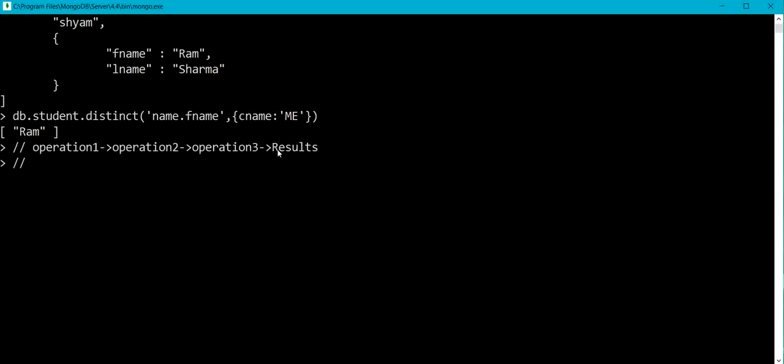So the first pipeline operator that we can use is $project. $project is used to specify document fields to be processed. So it is similar to the select statement in MySQL, where with select we can select only the specific fields from the table. As we have already used in MySQL, like select roll number, comma, name from student. Similarly here we can use that project operator,